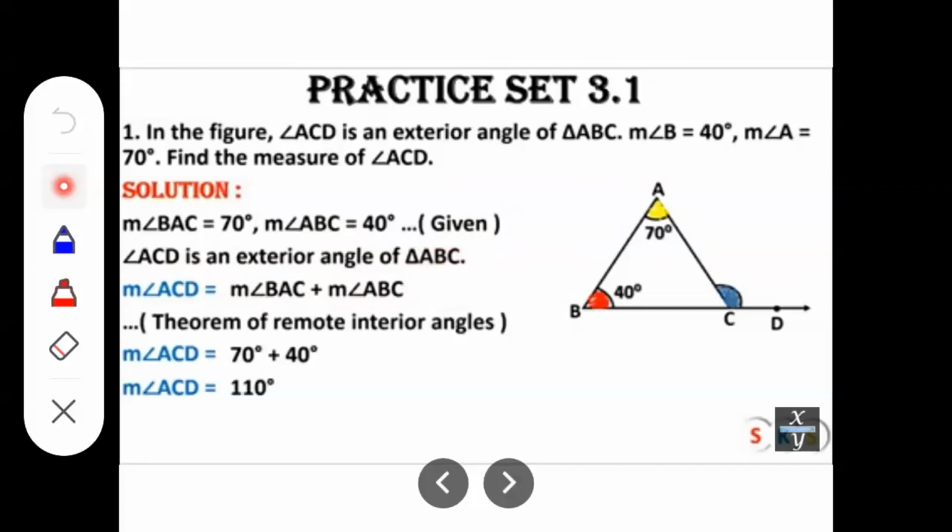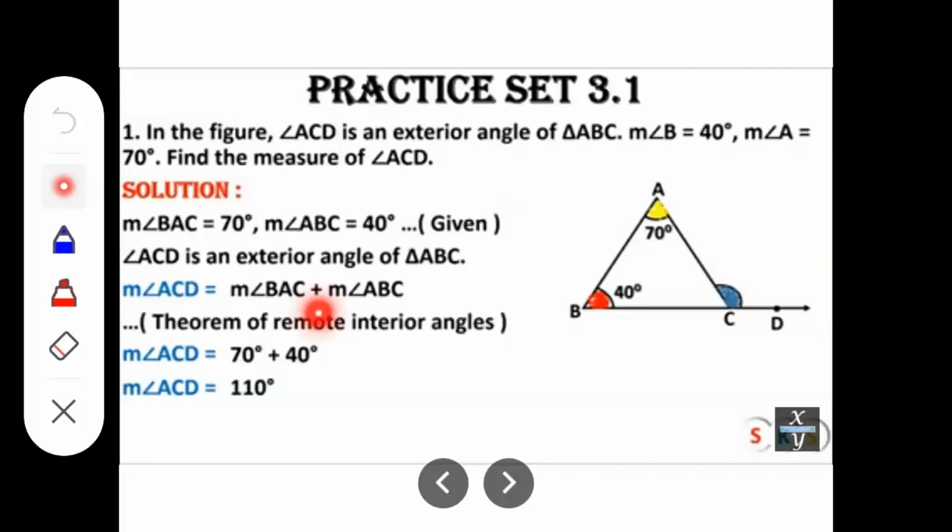Okay, now by the theorem, the equation already written here, that measurement of angle ACD, this exterior angle ACD, is equal to sum, means addition. Sum means total. Sum of